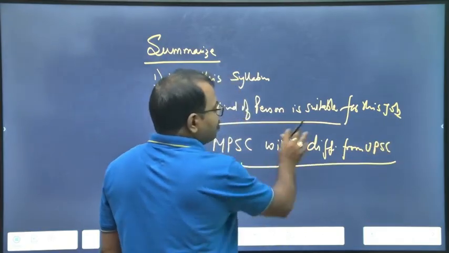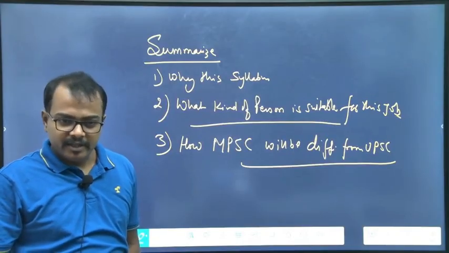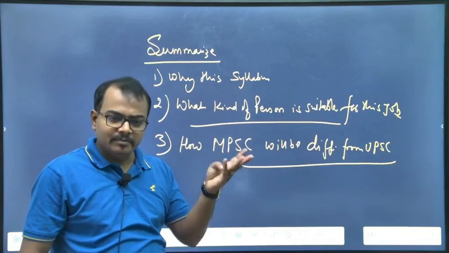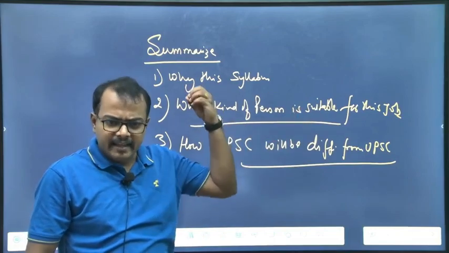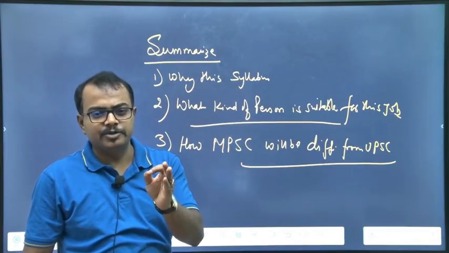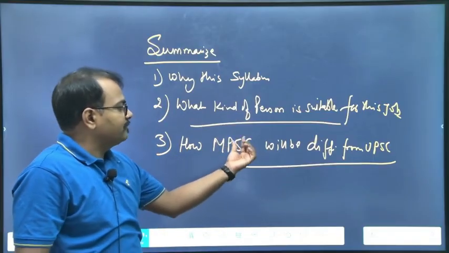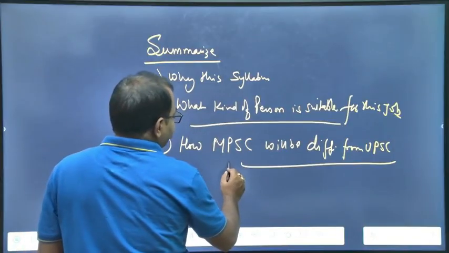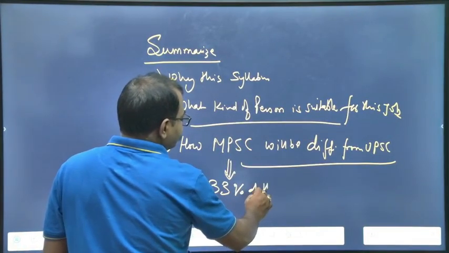And that is the answer you just got when I told you that you should be reading 2 newspapers. Because if you are appearing for Meghalaya Public Service Commission, Assam Public Service Commission, any commission in the Northeast, any commission in Jammu Kashmir, any state public service commission, then minimum 33% questions will be from that state. So despite the syllabus being the same, how will MPSC be different? In this case, 33% of the questions minimum,